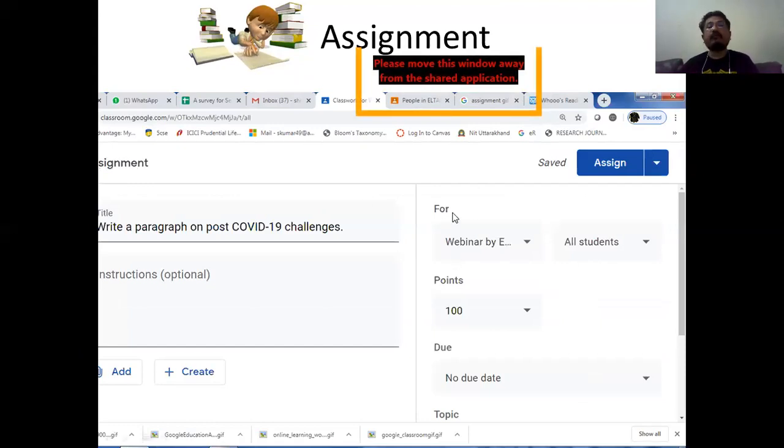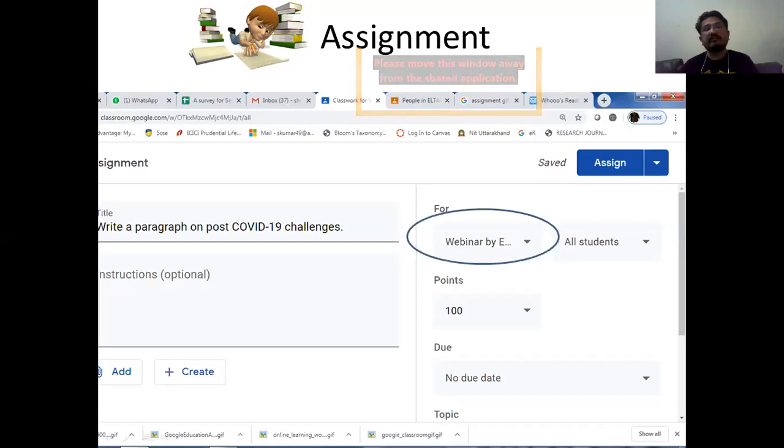So this was the question. And after that, at your right hand side, again, you will find options. As I told you, under this Gmail ID, there are two classes. So one class is the webinar by this and this. So that question will go particularly to this webinar by Altai Khandesh chapter.